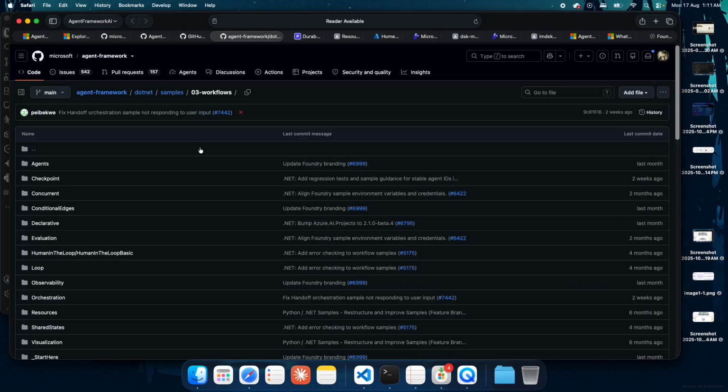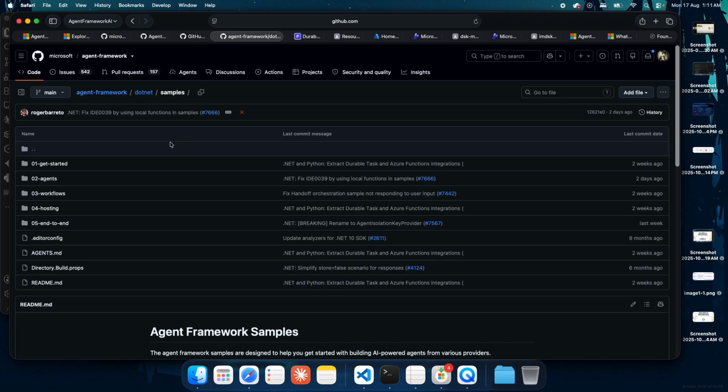I'll be going to the agent framework .NET samples GitHub repo, where I'll pick some of the samples and explain the code, and I'll also compare these things with what we see in LangChain or LangGraph and how different it is.